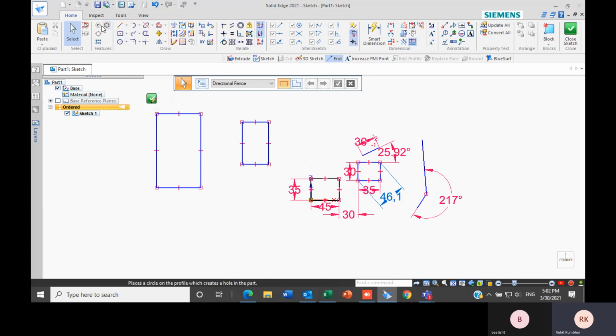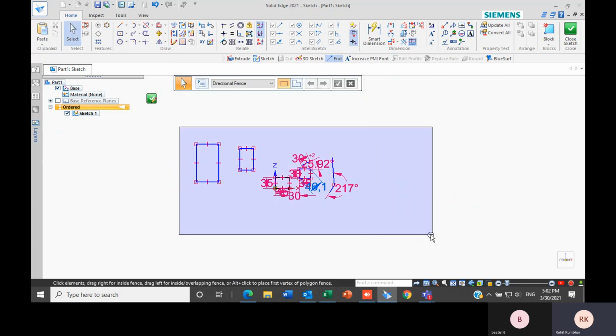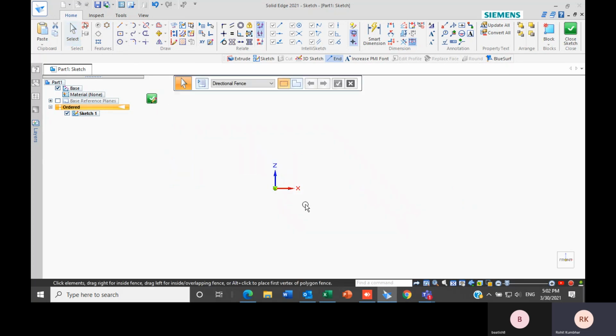In the features, as you can see, there are four features currently. The first is hole circle, another is mounting boss location, third is rectangular pattern, and fourth is circular pattern. This circular and rectangular pattern is available when we create a sketch or part, or even when we create an assembly. It is available there also. I will show it to you here now.